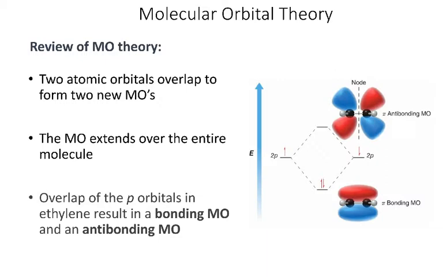The number of orbitals is conserved. So if I start with 2 atomic orbitals, I get 2 new molecular orbitals. And for this slide, we're thinking about ethene. So we have